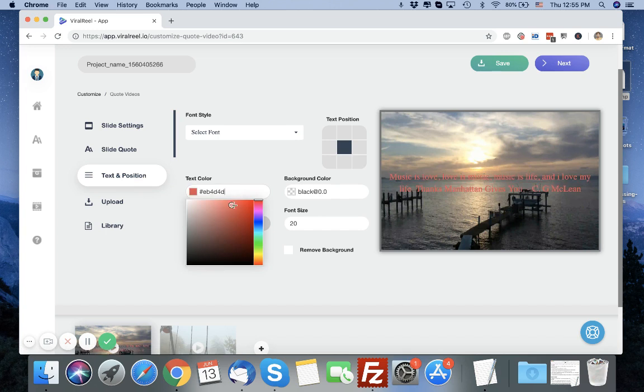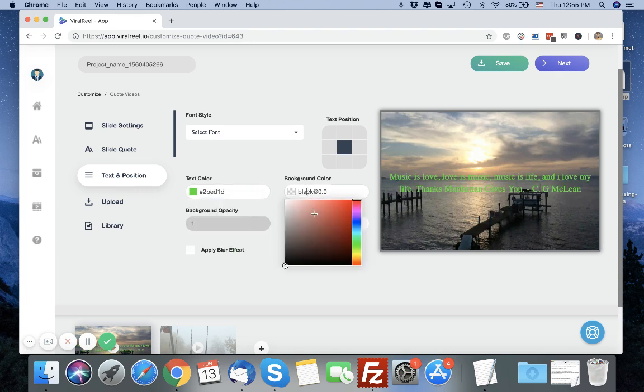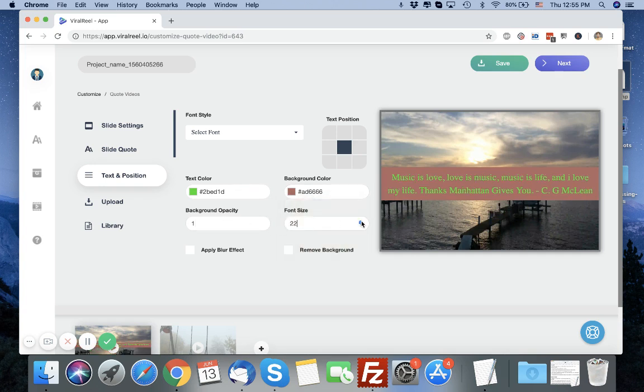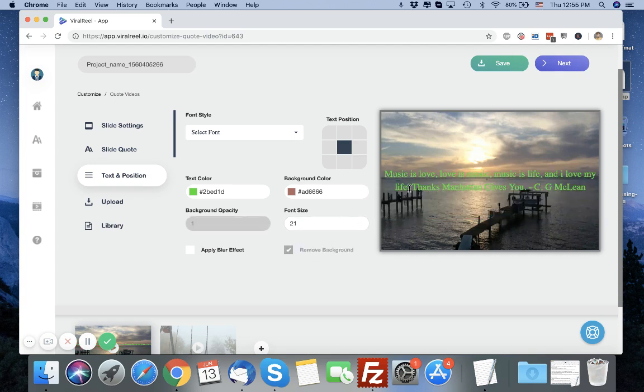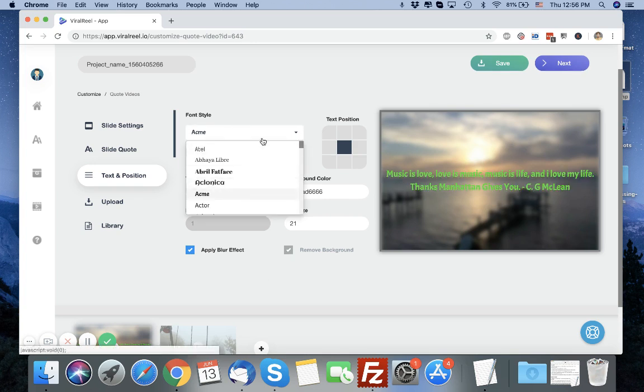Then I can change the font color, the background for the font. I can change the opacity. I can increase or decrease the font size if I want to. And if I want to remove the background, I can just remove the background altogether and add a blur effect on the image so the text is more clearly visible. Right, I can choose from tons of fonts that we have here, whatever works best for you. All right,